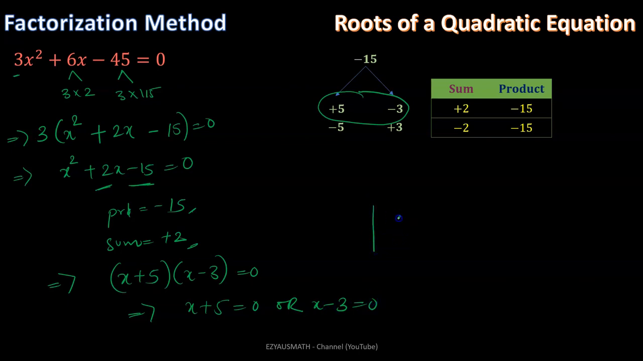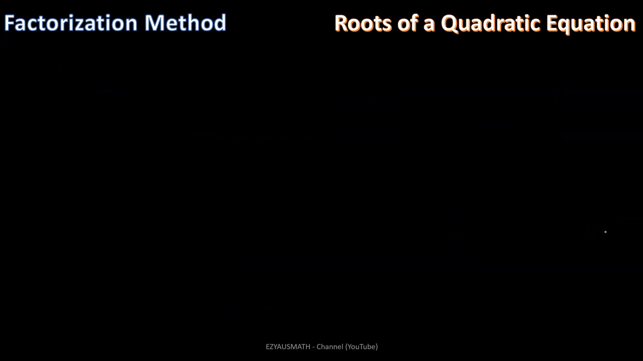we can add 5 to both the sides. So we get x is equal to minus 5, or adding 3 to both the sides we get x equal to 3. So the roots of this equation are minus 5 and plus 3. Let us move to the next example. Here this example is a bit different because we will be solving this example by the perfect square method as well